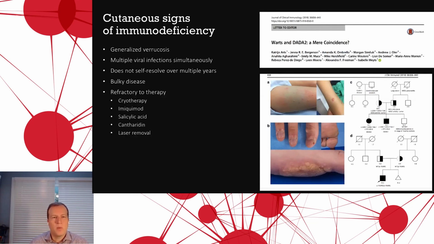And we have lots of patients with warts who become refractory to therapy. And so when you have patients like this, then I think as dermatologists, our role is to stop and actually slow down, get a little bit better history. And the first thing I have people do is ask the family members, are there other infections that these kids have had? And even for these patients on the right with impressive molluscum and warts, there was other infection at non-cutaneous sites. One patient had recurrent sinusitis, the other had early onset pneumonia. So there is often going to be a signal in terms of systemic infection when you see cutaneous infection as well.